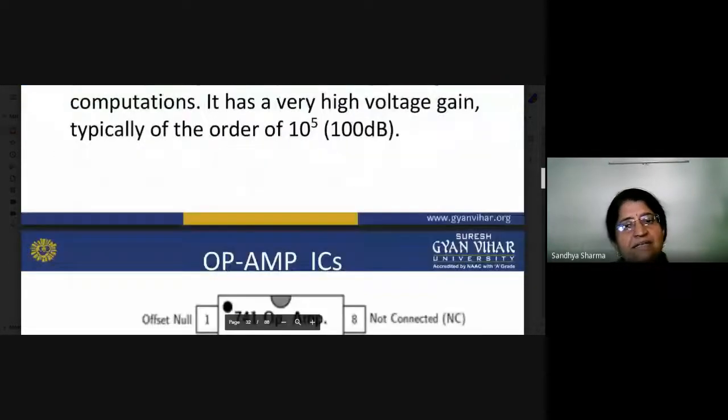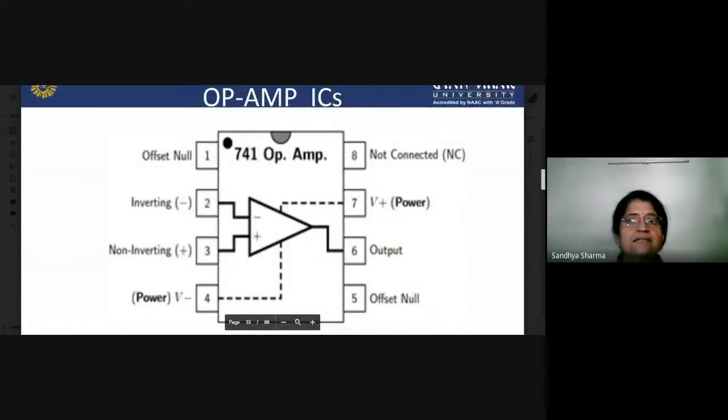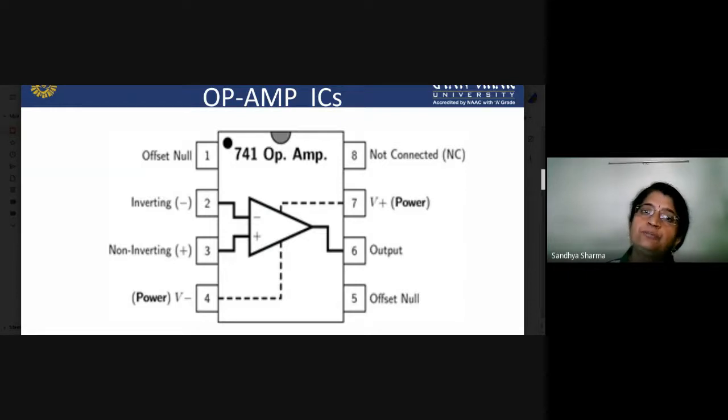Now we will see the basic pin diagram. In the last lecture, we saw that there are four basic blocks of the operational amplifier. In the first block, you saw the differential amplifier, the dual input balanced output. In the second part, you saw the dual input unbalanced output differential amplifier, then the level shifting stage, and then the amplifying stage. These four blocks are built into a small IC, called an integrated circuit, and this is the basic pin diagram of our 741 operational amplifier IC.